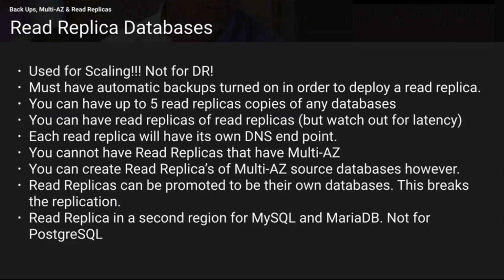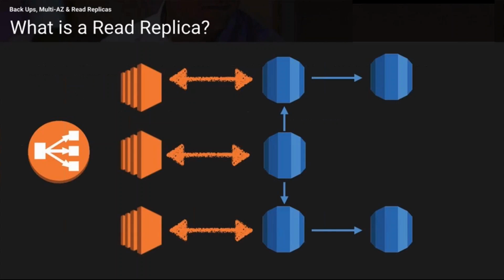So maximum is the 5 that we can create, and we can also create a read replica of the read replica, but just that you have to watch out for the latency. And each read replica will have its own DNS endpoint. That is really important. Now if I have 4 read replicas like as shown in this figure, all these 4 will have different endpoints,